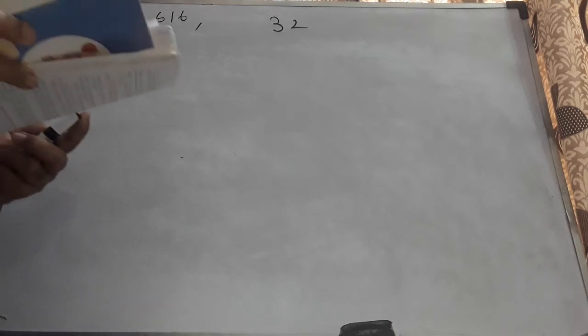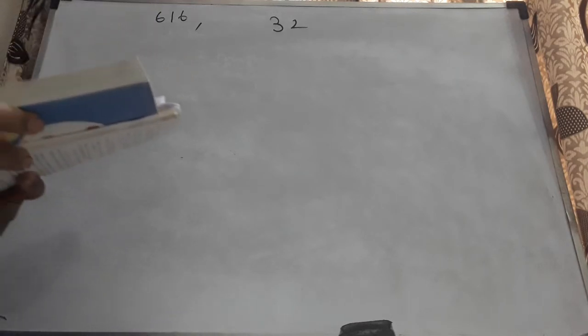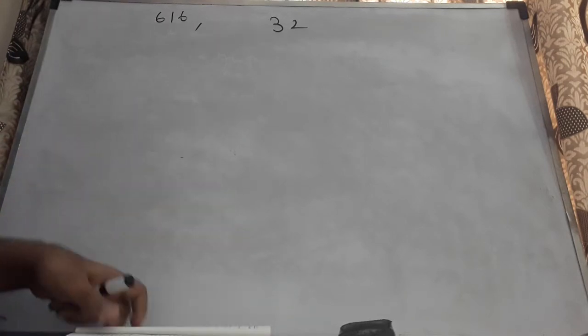They want to go for a parade. They'll be moving in threes, they'll be moving in fours, etc. You might have seen this at the time of Independence Day. You're supposed to find out, the two groups are supposed to march in the same number of columns. What is the maximum number of columns in which they can march?